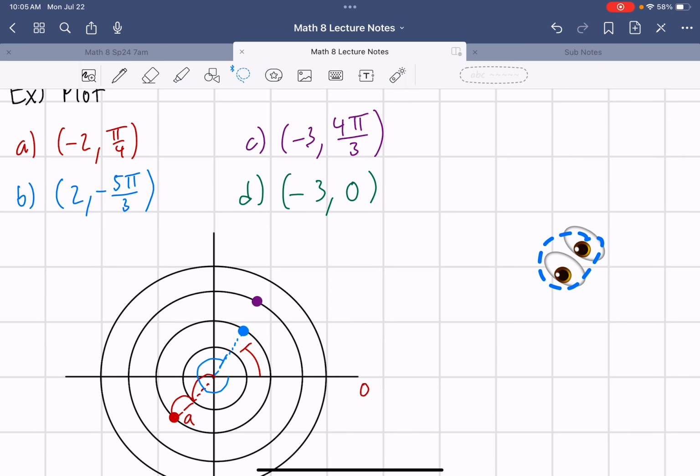So make sure you pay attention to that, because we are looking in... we start at 0, but theta is 0, meaning I'm not going to spin at all. There's no spinning. I'm going to stay facing in that 0 direction. But then r is -3, so I have to go backwards to 3. So something to keep in mind